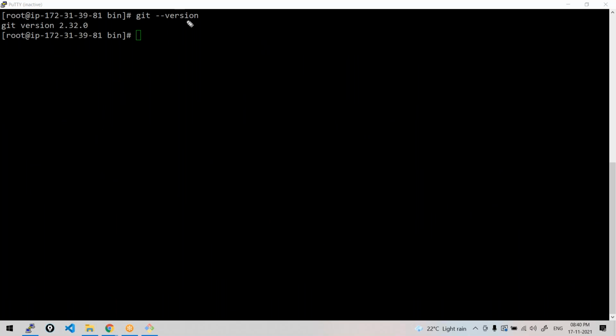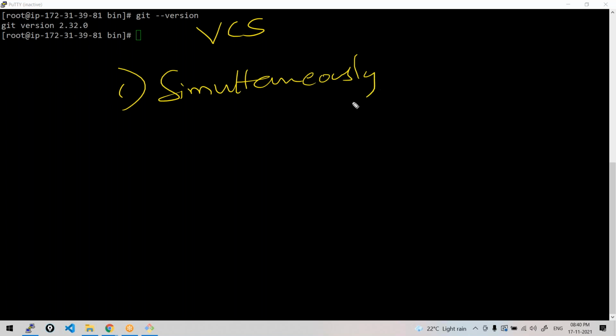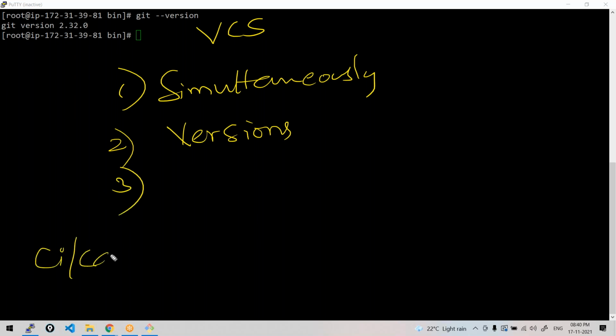So a version control system is a tool which allows developers or any team members to work parallelly, simultaneously on the same files. Also, it helps you maintain versions or backups of the files. Not only that, let's suppose we have created our CI/CD pipeline and written some scripts, and it was doing good. Let's suppose we modified the script, something went wrong and the pipeline got terminated, or failed in between.